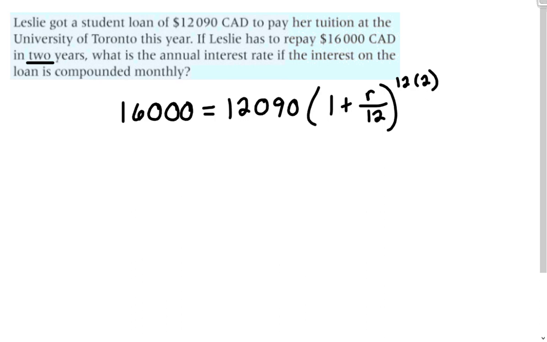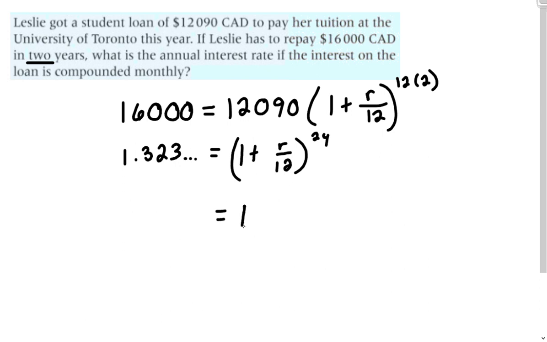So then I can go ahead and solve this. So I'll divide both sides by the 12,090. I'm not going to get nice numbers. So how I'm going to represent that, I'm going to put dot, dot, dot. That way you know I'm using the exact value in my calculator. And then this is 1 plus the rate over 12 to the 24th power. So now solving, I've got to get 24 over to the other side. So I'm going to 24th root this. So again, into my calculator, I'll do second answer, caret, parentheses, 1 divided by 24. And I get this ugly number. And then I'm going to subtract 1, multiply it by 12. R ends up being